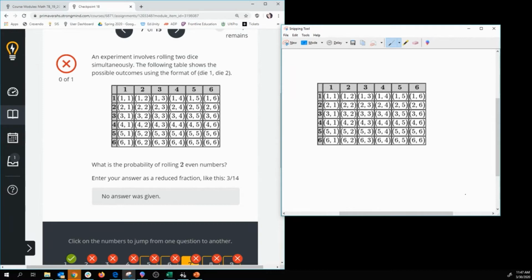Right here, I only want to roll even numbers. So what would be the even numbers I could roll? 2, 4, 6. Perfect. Yep. So on a dice, I could roll a 2, a 4, or a 6. So since I only want to roll even numbers here,